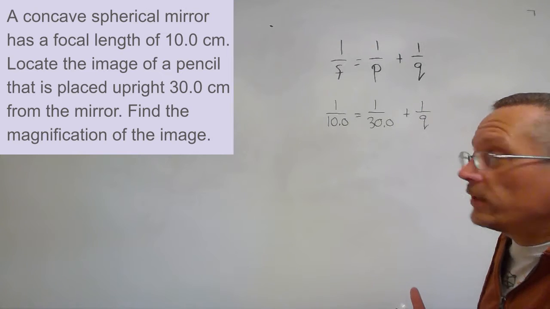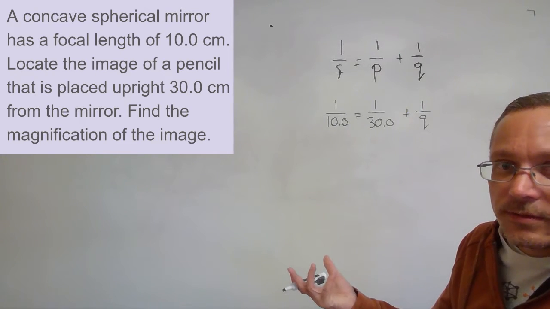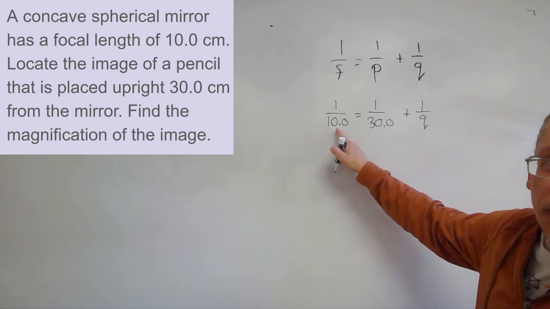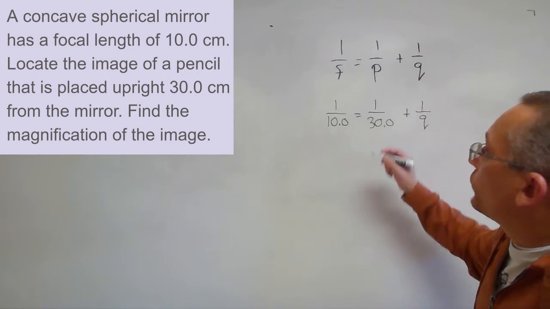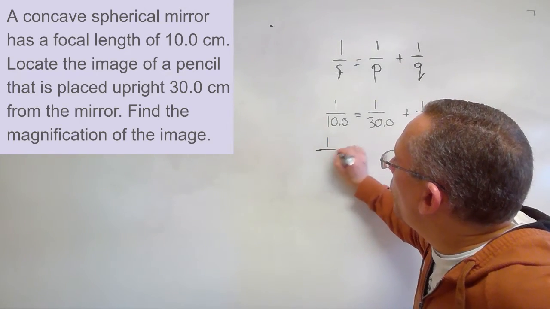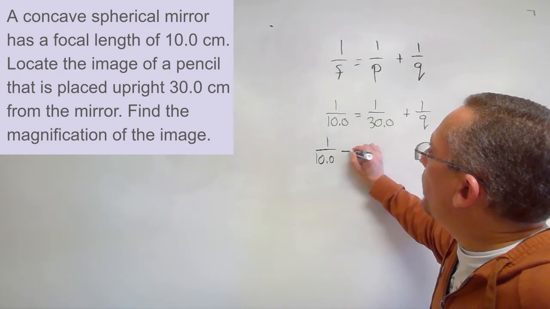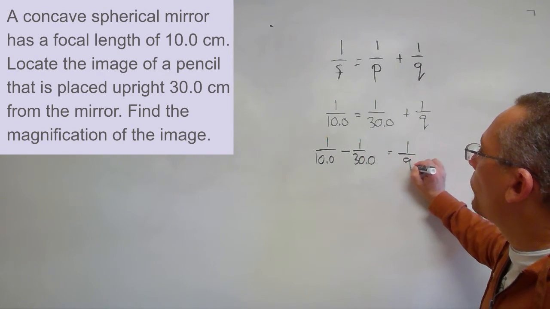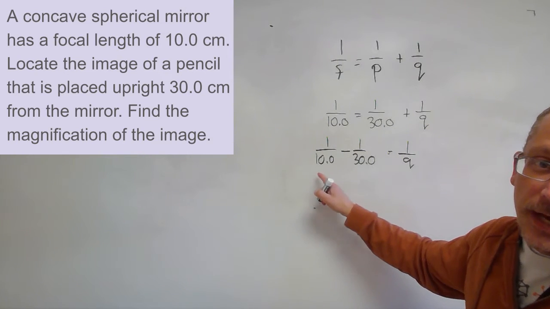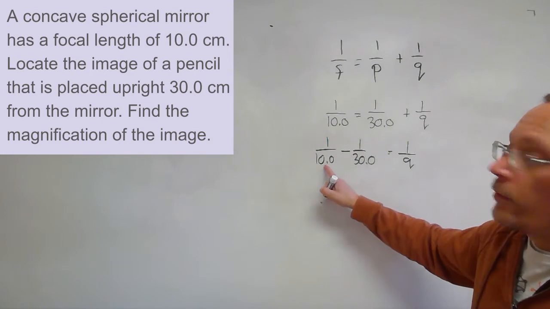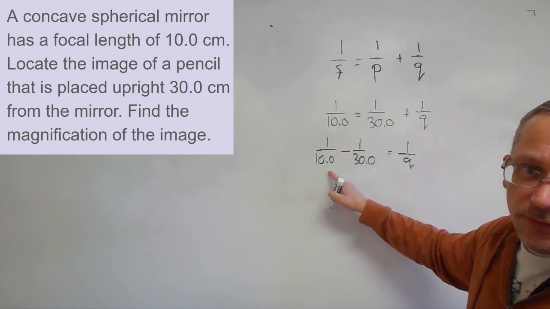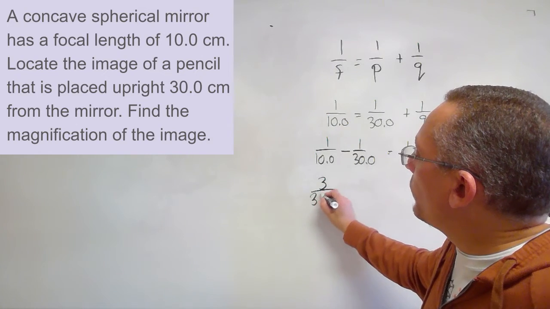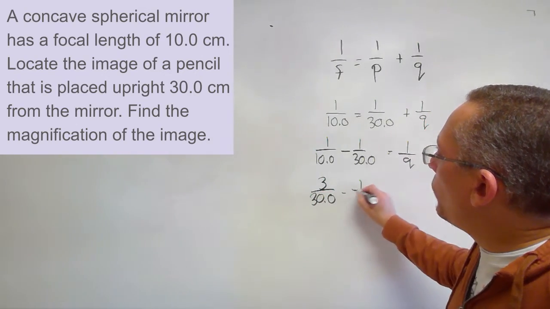Okay, now I have to remember how to work with fractions, right? What I'm going to do is subtract this to the other side to try and get my variable by itself, right? So I'm going to do 1 over 10 minus 1 over 30 equals 1 over q. And then, of course, to subtract these, I need a common denominator. So I'm going to multiply this fraction by 3 over 3, and that'll make this 30. So I have 3 over 30 minus 1 over 30